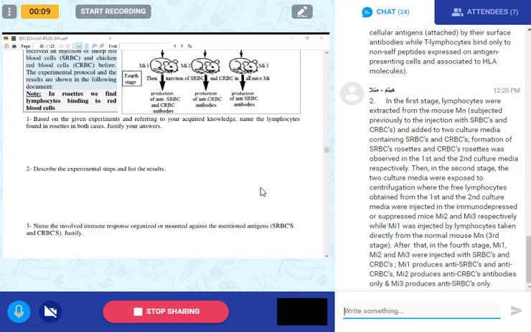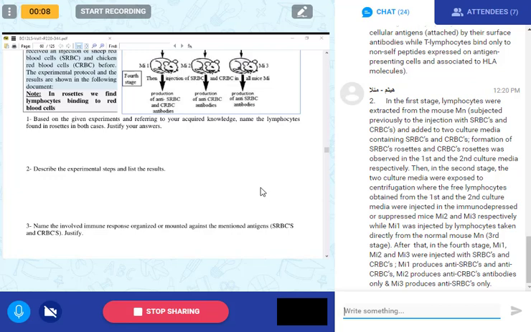Continue. Formation of SRBCs rosettes and CRBCs rosettes was observed in the first and the second culture media respectively. Then in the second stage, the two culture media were exposed to centrifugation, where the free lymphocytes obtained from the first and the second culture media were injected in the immunodepressed or suppressed mice, mice 2 and mice 3, respectively, while mice 1 was injected by lymphocytes taken directly from the normal mouse